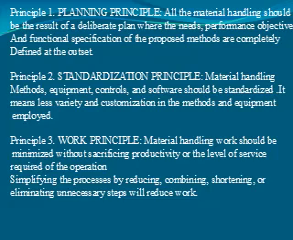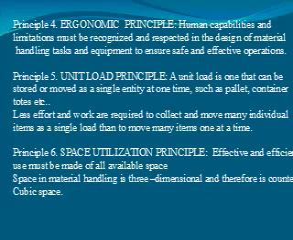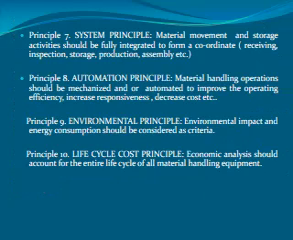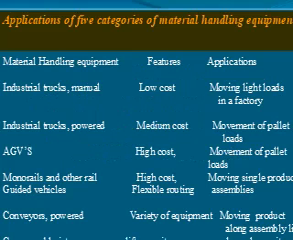So the principles are: planning principle, standardization principle, work principle, economic principle, unit load principle, space utilization principle, system principle, automation principle, environmental principle, and life cycle cost principle. So here, application of 5 categories of material handling systems is shown. Material handling equipment: industrial trucks, manually powered, automated guided vehicles, monorails, and